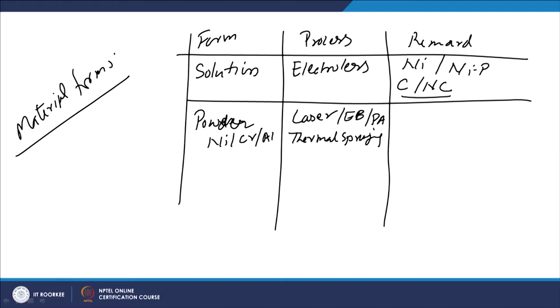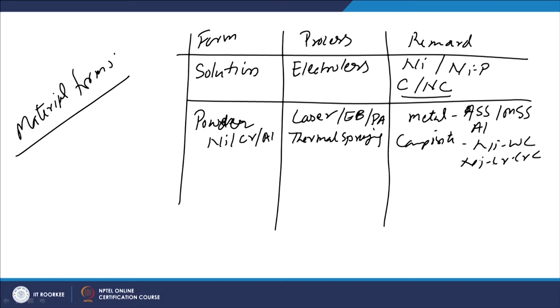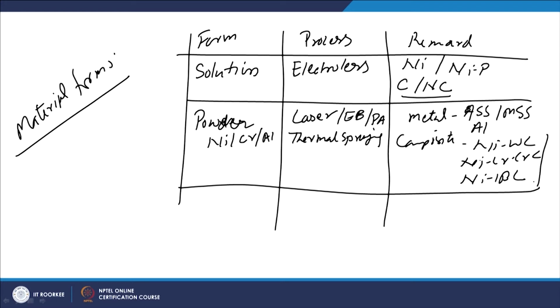Then this is very widely used for depositing a layer of the required metal, say austenitic stainless steel, martensitic stainless steel, or application of an aluminum layer. At the same time, it is also used for developing layers of composites. For example, nickel tungsten carbide, nickel chromium carbide, and nickel boron carbide composite layers can also be developed using these processes wherein the material to be applied on the substrate is